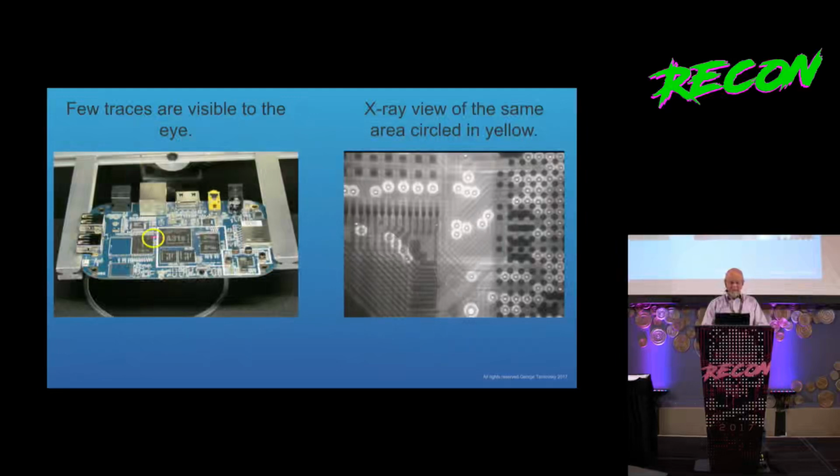Okay, so here's a board. This is the board on the left. There's virtually nothing you can see because what they did was put a plane layer on top, covering the entire board. So all the traces are internal, or the majority of them. To the right, you can see that they're everywhere. Easy to tell, easy to see, easy to touch if you had to by drilling, and knowing what you're going to affect when you drill,